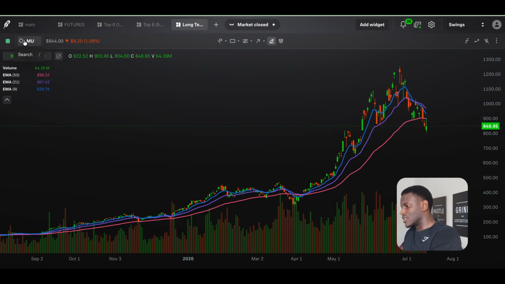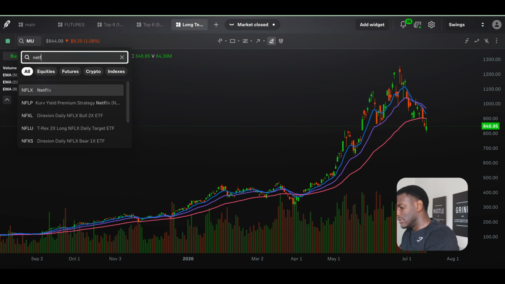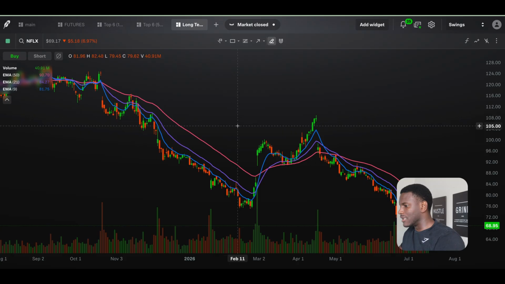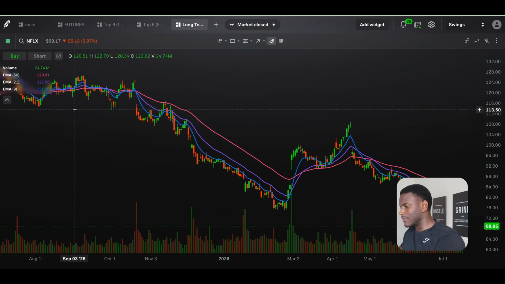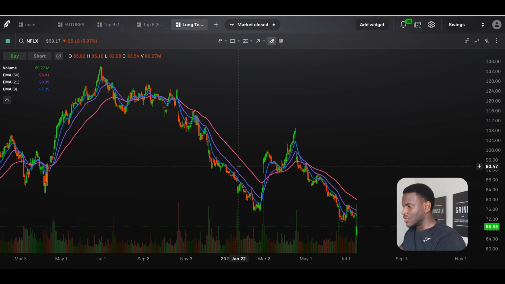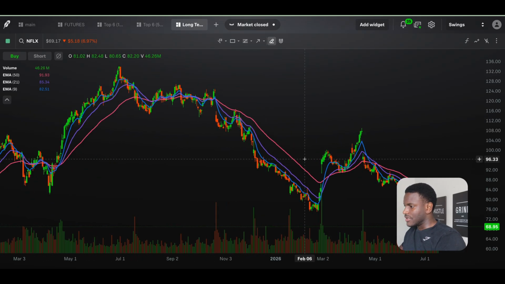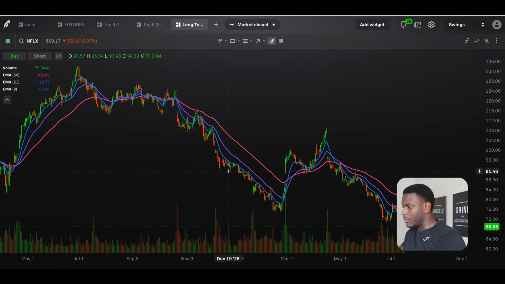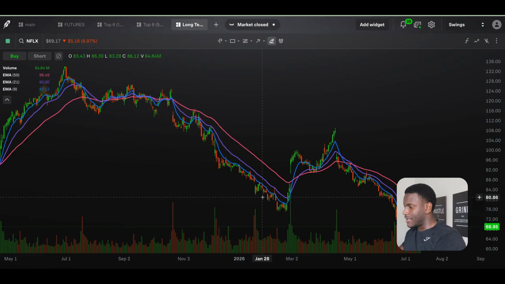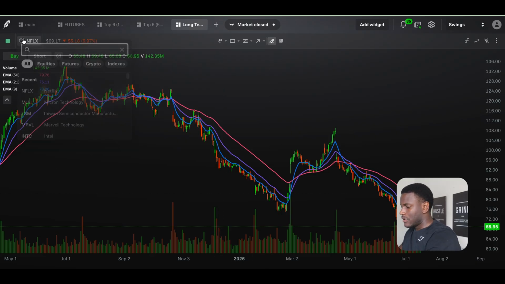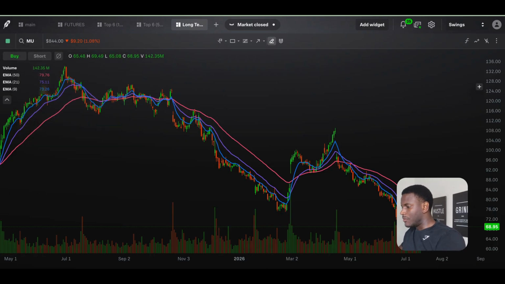So now I'm going to show an example of a stock that has not been extremely bullish and it's actually been extremely bearish. And just to show you that the same concept applies, right? So this is Netflix stock. I'm still on the 1-day time frame. As you guys can see, the opposite is happening here, right? Netflix is in a big downtrend. As you guys can see, you had a consolidation period over here. EMAs are close together with each other, right? And then you started to have this big pullback. EMAs are separating from each other and the stock is just riding the 9 EMA. So if I go back to Micron,